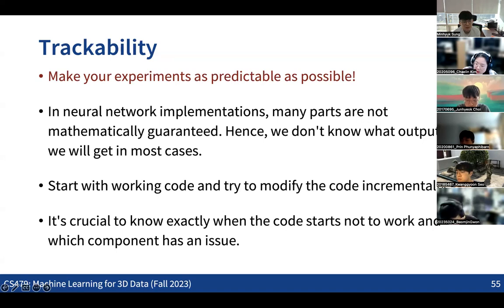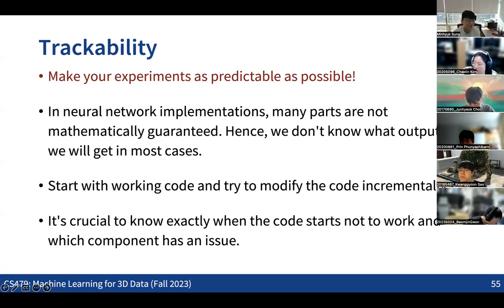So that's a tip. I'm not saying this is the only way to get good results, but a tip for beginners doing this kind of project is that I'd recommend you start from some working code and try to make small modifications in an incremental way. That's why we also encouraged everyone to make a baseline work and see how the baseline method works with some code, and try to build up incrementally from this baseline code. So that's what we are recommending.